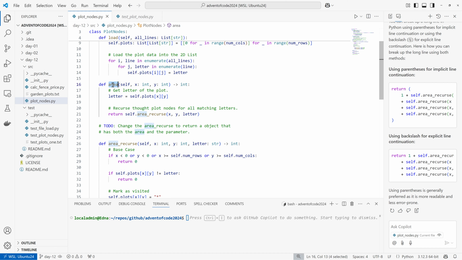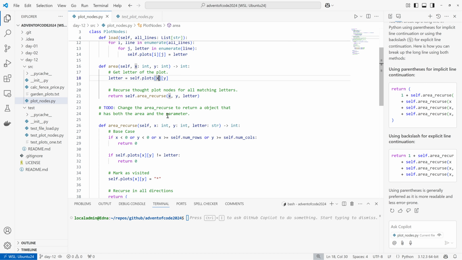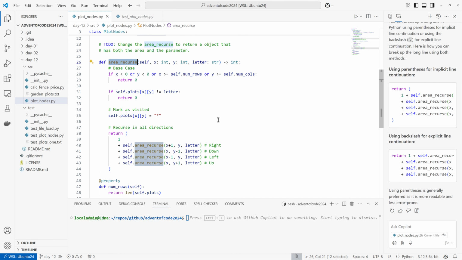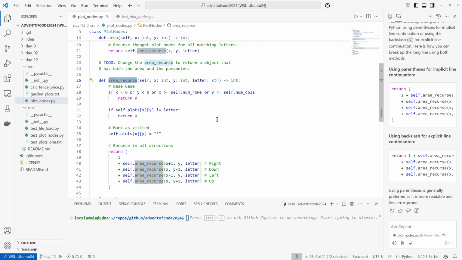And then we created this area method, so given an XY coordinate, go there and just figure out the area for all those areas. So it calls the recursive one to do it. And then, so that was working. And then we're actually just going to want to recurse over all this stuff once. I guess we could recurse over it 2 times, but we might as well just